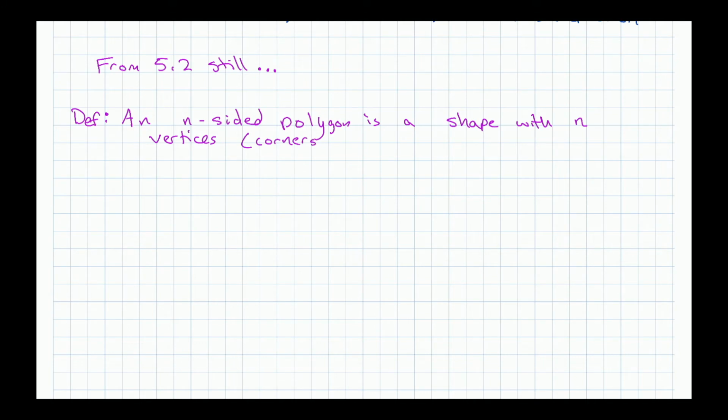Corners called, and you don't have to give them names, but I am for a reason, V1, V2, V3, dot, dot, dot, up to Vn, and edges